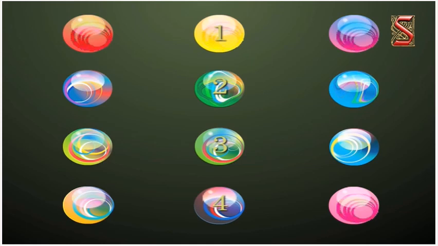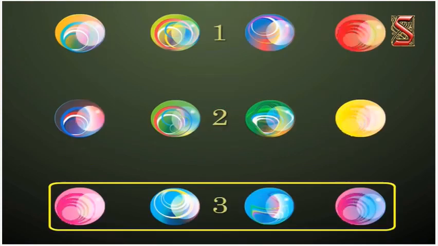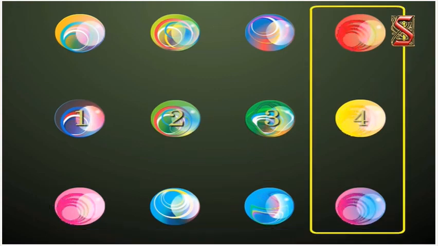But here the number of marbles is the same. So 3 4s is 12. It is the same. So we are just rearranging them to cross check. If suppose the number of rows of marbles increases to 4, then there will be 3 marbles in each row. So there will be 3 columns. So again 4 3s is 12.